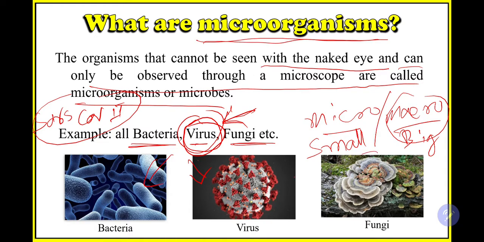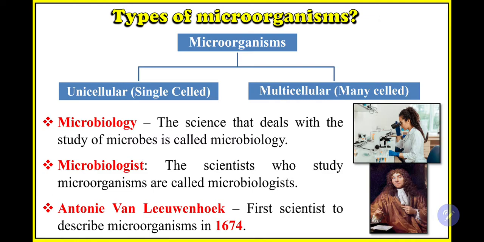So the virus looks like this, and this is an electron microscope photograph of a bacteria, and this is a fungi. Probably all of you have seen this fungi. We can see fungi with our naked eyes. Remember this. There are some fungi which you can see with our naked eyes also. These live in groups.